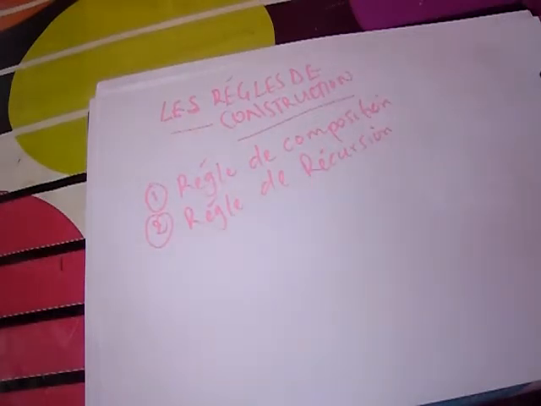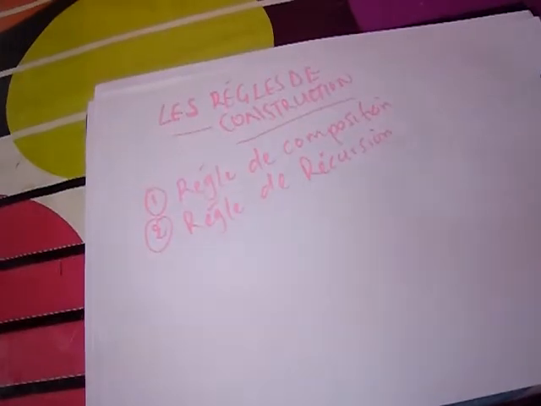The règle de construction is divided into two parts. It's divided into the règle de composition and the règle de récursion. For the règle de composition, it's the whole idea, like in algebra, when we talked about in algebra we have the f rond h, the h rond